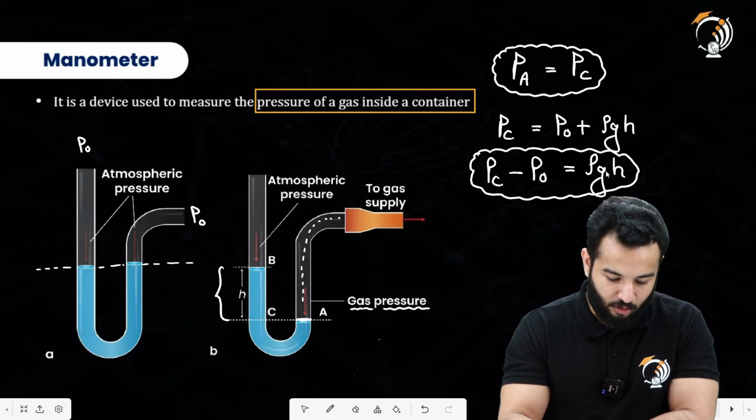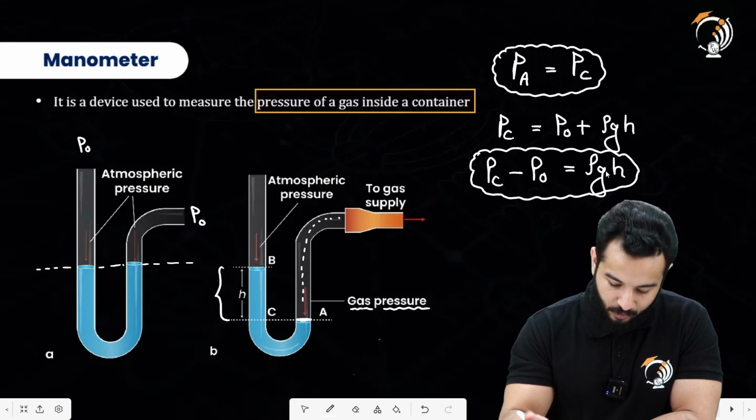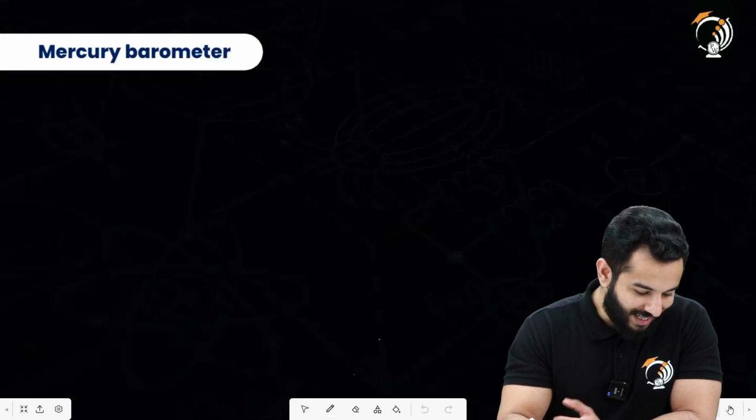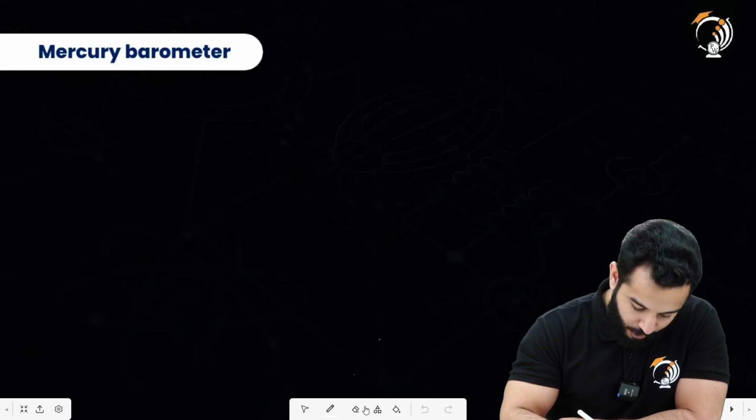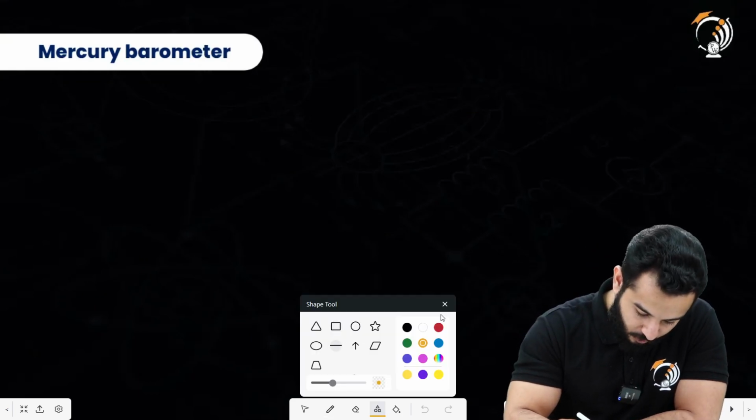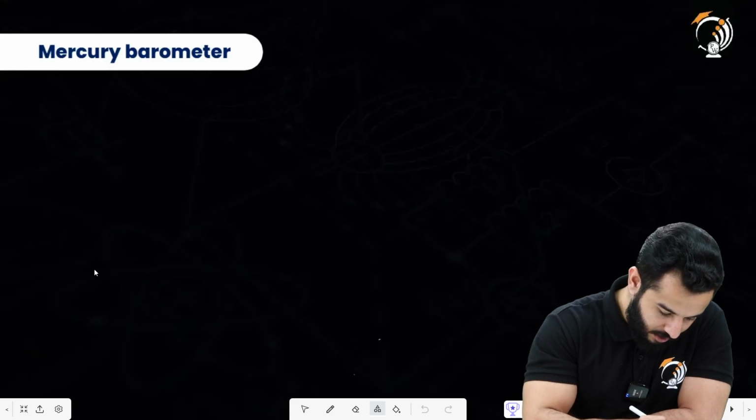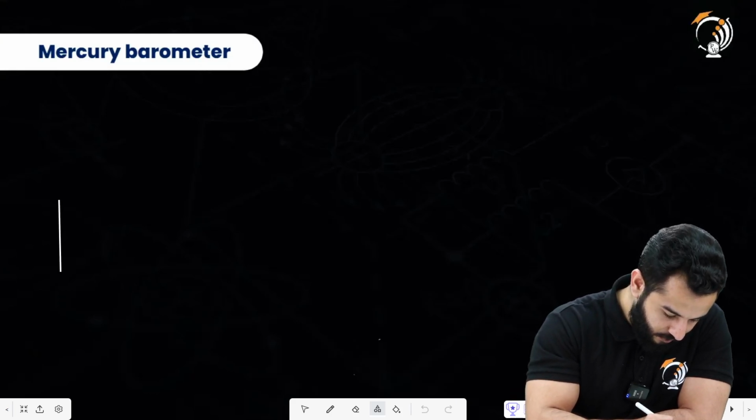That's what the manometer is actually for, right? Moving on, after that we have the mercury barometer. For a mercury barometer, we use a device something like this. Let's suppose we have a container,